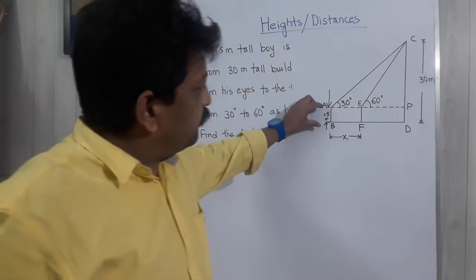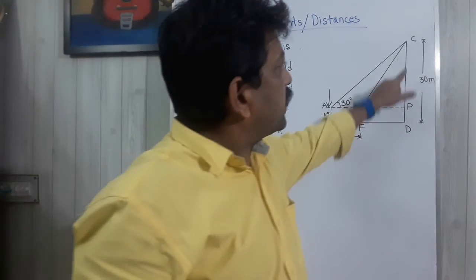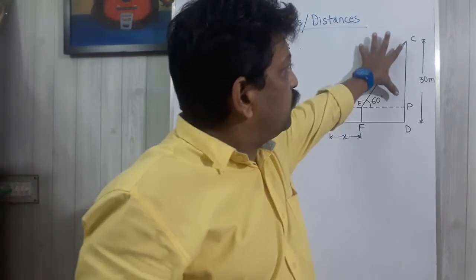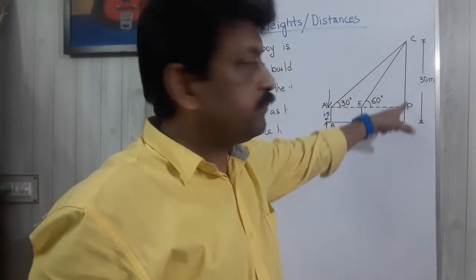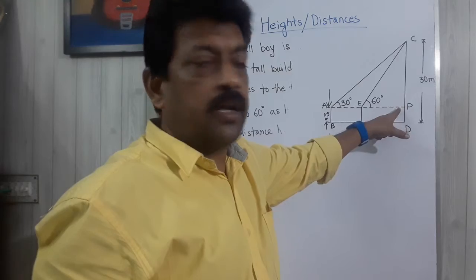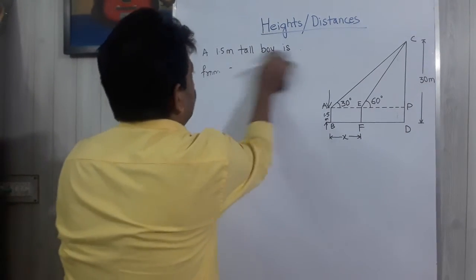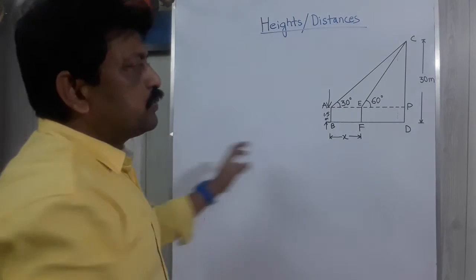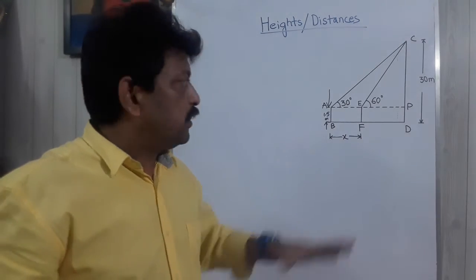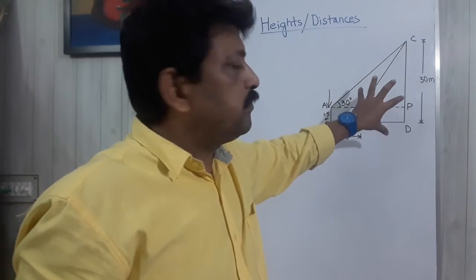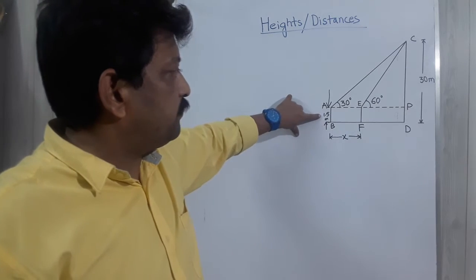So it is clear from the diagram that this 1.5 meter will be subtracted from the total height of the building to get the height of the right triangle, CP. So here, first of all, we have to give a very short description about the diagram, as I have told you in the previous session also. Write a little bit about the diagram, that AB is the tall boy whose height is